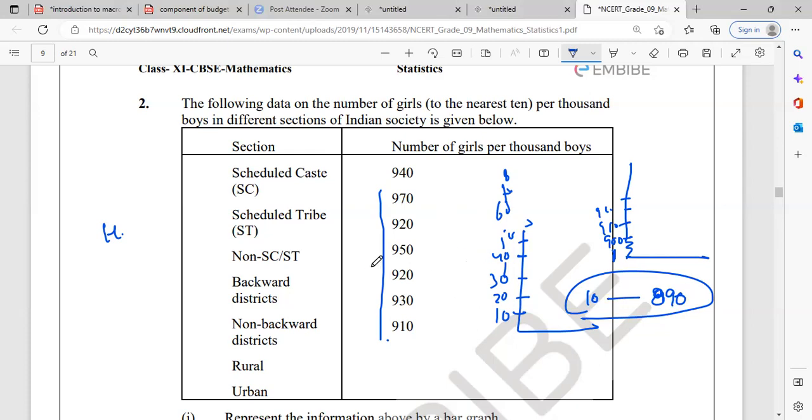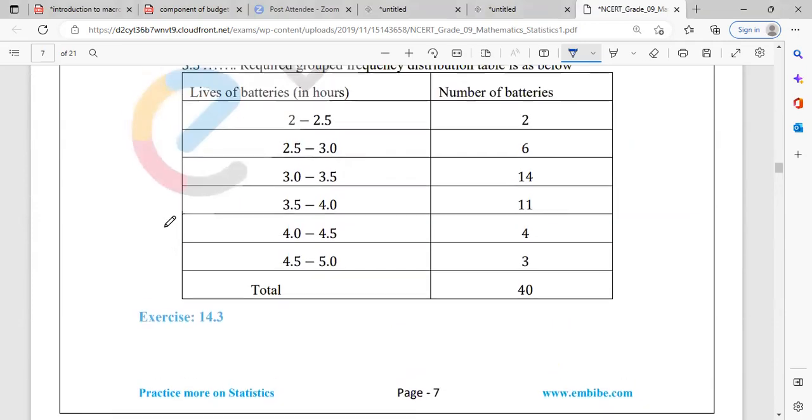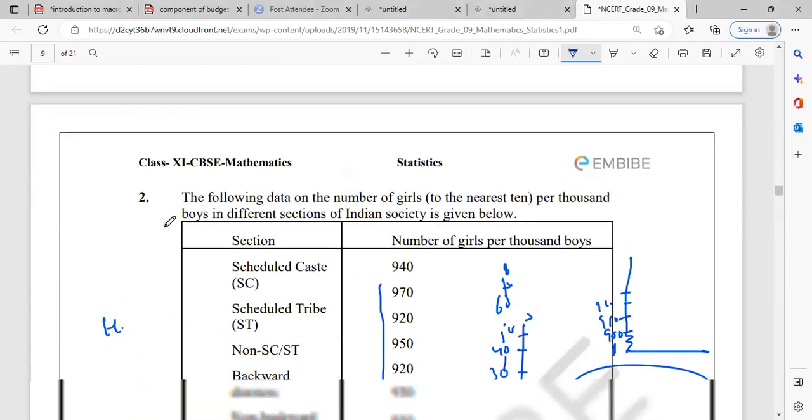So this will be homework. You will draw the question number 2 from your next exercise. Okay? This will be homework. Okay, ma'am. Okay, so this is where you will do